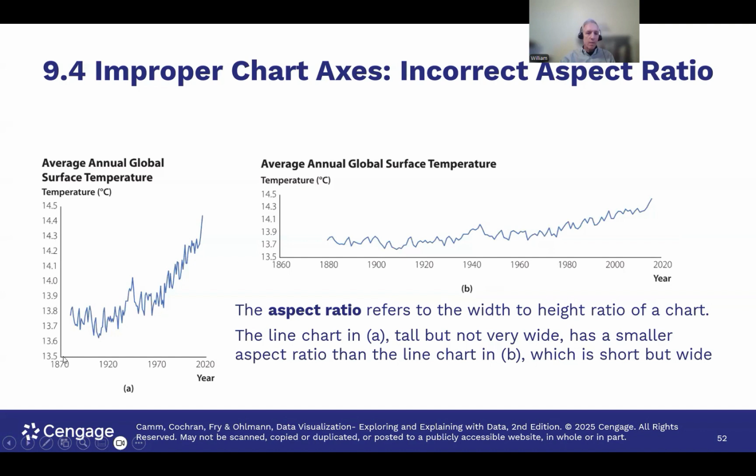This from here to here, 1870 to 2020, is roughly the same length of line as it is from 13.5 to 14.5. Not quite, but it's close. It's almost a square. This one is not. This is probably 4 times longer than this one. And so it's another way of